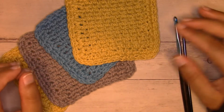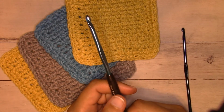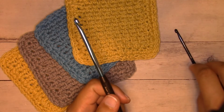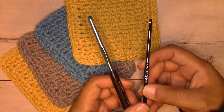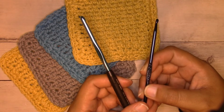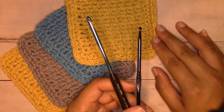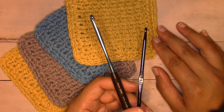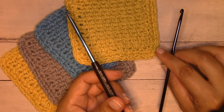Together with this worsted weight yarn, you're going to need an H8 5mm crochet hook. This is going to be used for the body of the coaster, and for the border we're going to switch down a crochet hook size. So this is a G6 4.25mm crochet hook, and I go down a hook size here because the border can ruffle. So this is my quick fix. The other thing you can do is you can just work it all in the H and then block your